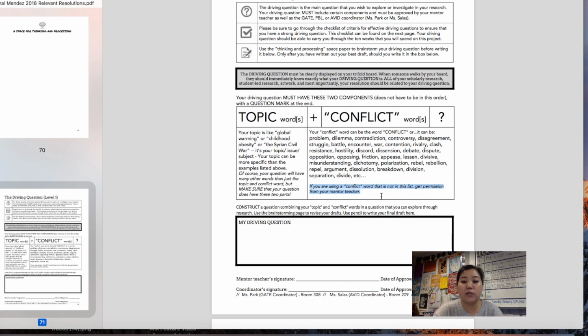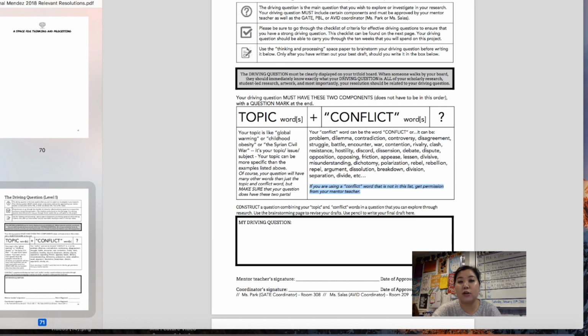After you have your driving question written down, make sure you get your mentor teacher's signature. Make sure you get the date of approval, and this is very important. You do need to show Miss Park your driving question so that she can register your driving question, including your group members' names, into her database so that she can keep track of everybody and make sure that if you do get approved for Symposium, you get notification. If you get to present at the Symposium event, then you get put into the pamphlet for parents and audience members to take home. So you definitely need to get that additional signature from Ms. Park. You can come see her at any point during class as long as your mentor teacher gives you